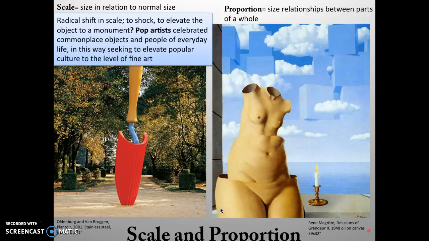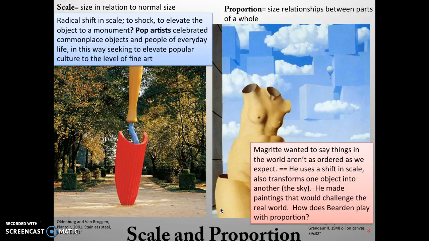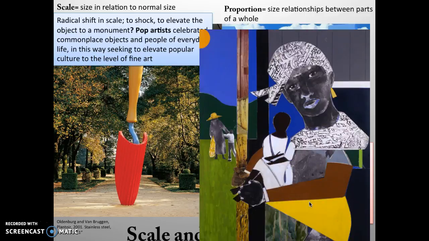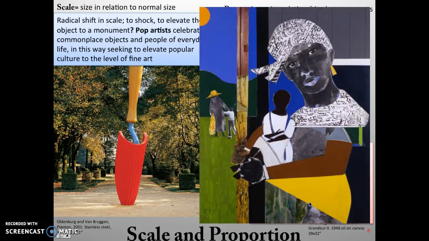So think about scale and proportion as they relate to a work of art. Bearden is someone also that was part of our homework assignment. Think of how he plays with proportion. Each element of his faces are often cut out from individual elements from magazines and photographs, and yet this